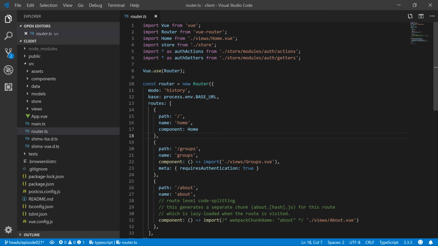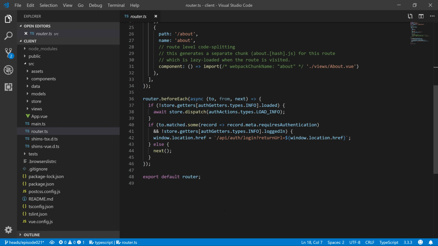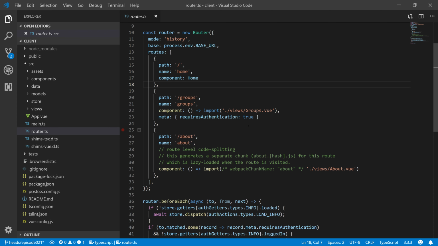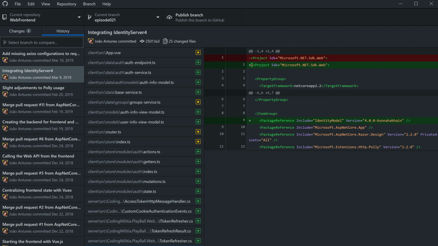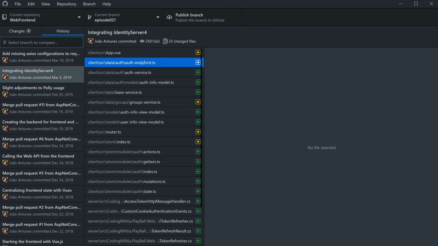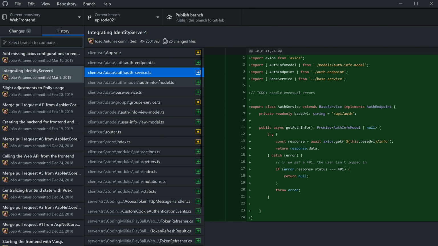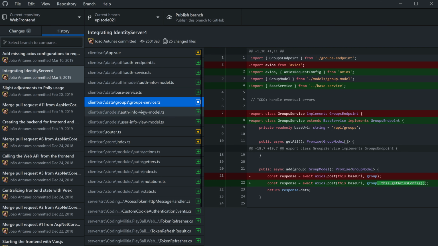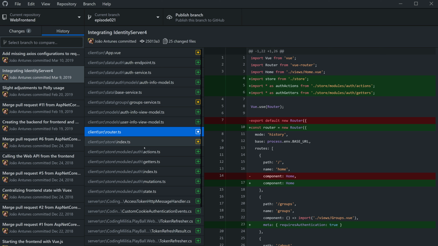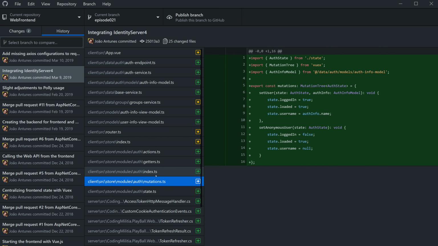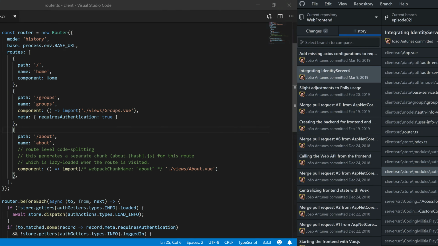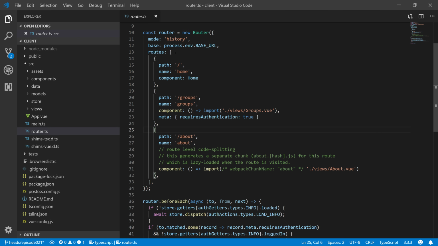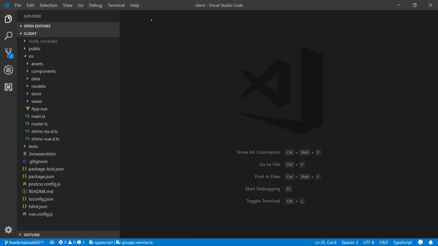What else can we check? Loading the information. Let me see what changed. We must check the service and the endpoint we saw, the models. No, I created a base service. Let me check. So before seeing the base service and why I created it, let's see the